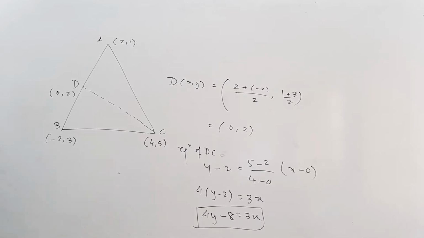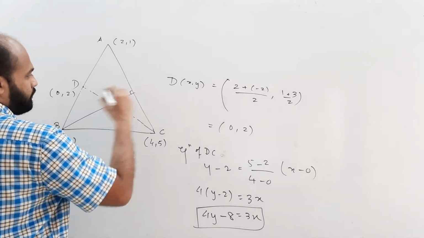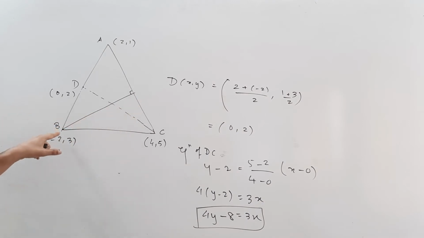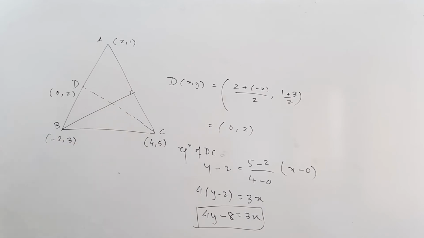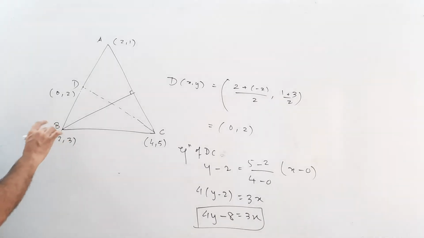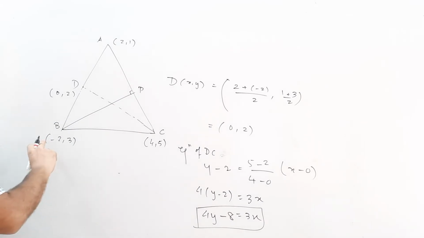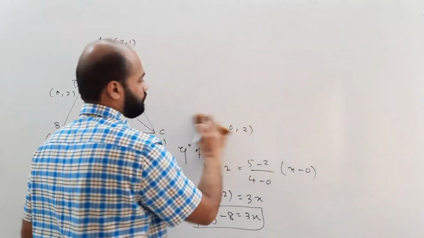Next, we have to find the equation of this, that is the altitude from B. So altitude means the perpendicular that is going from B and the line which is perpendicular to AC. That is what we have to find. Now the logic over here is that this is the point that is lying on the line BP. We'll call this P. And the equation of line BP should be through this. So this point is lying, and then we have to find a slope of BP. So let's find the slope of BP first, and then we have the point.